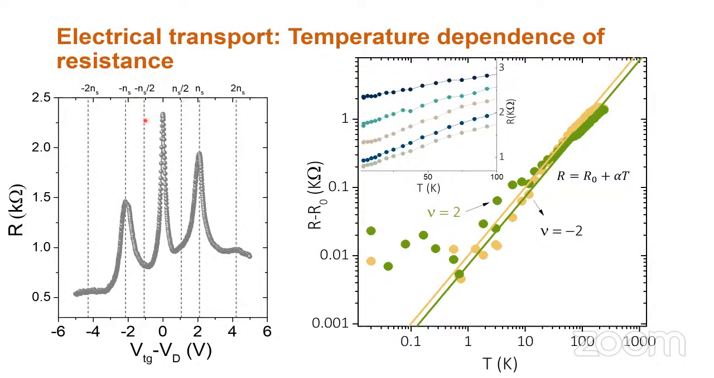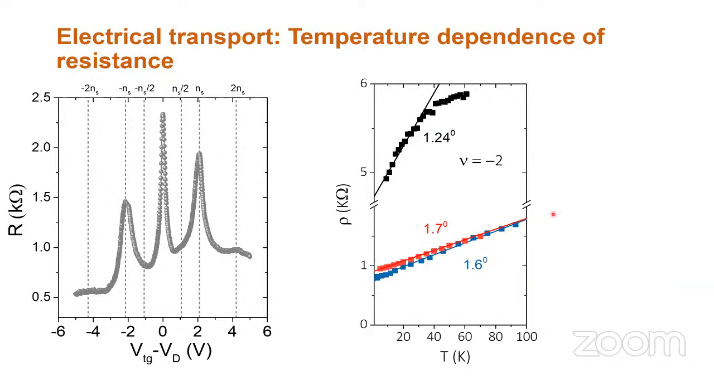But nu equal to 2 corresponds to half filling of the Moiré lattice, either from the electron doping or the hole doping side. In both cases, you can see that the resistance versus temperature is amazingly linear with temperature. Okay. Now, the reason this is, okay, I mean, and this remains so for